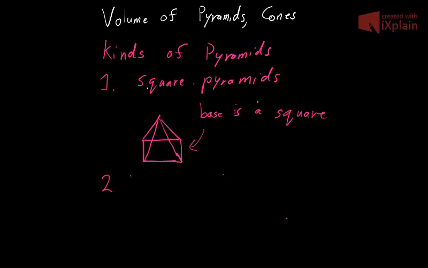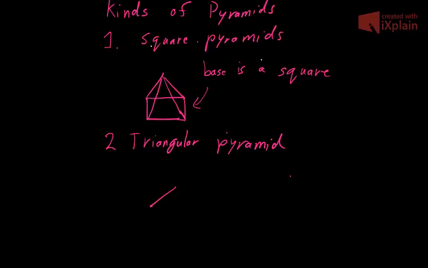Another one is going to be a triangular pyramid, also known as a tetrahedron, and this triangular pyramid starts off with a triangle on the bottom and has all the points rise up to the same spot in the air. That looks awful. Let me try that again. I'm actually going to draw this the other way, so I have the point facing down. I think that'll make my life a little bit easier. There we go. So a triangular pyramid has the base of a triangle,